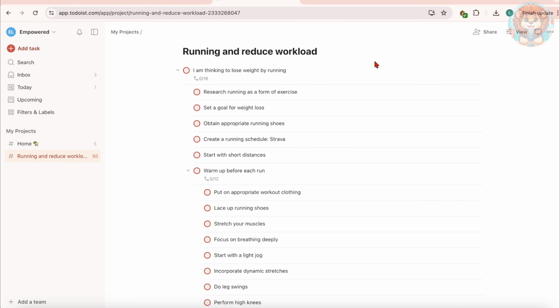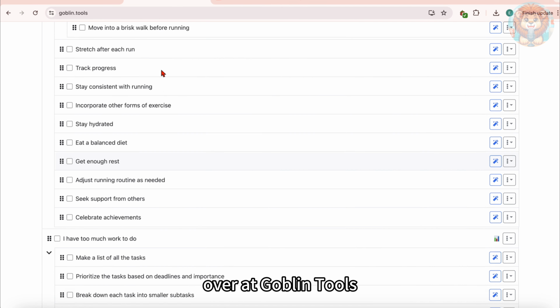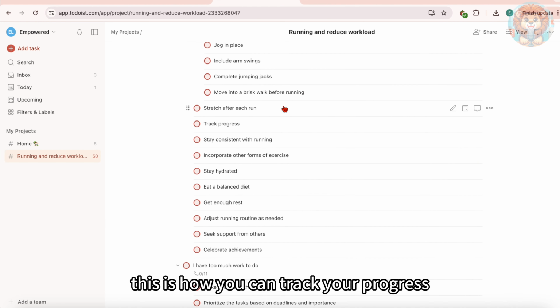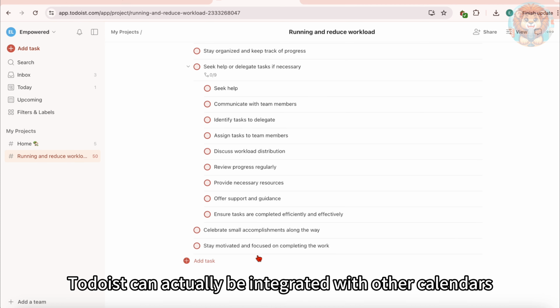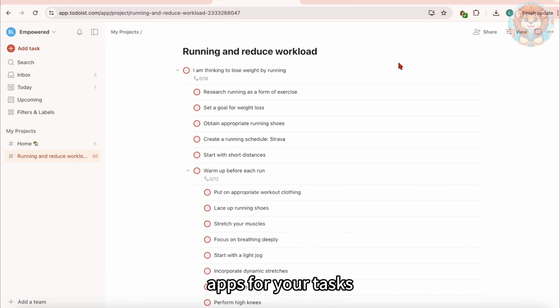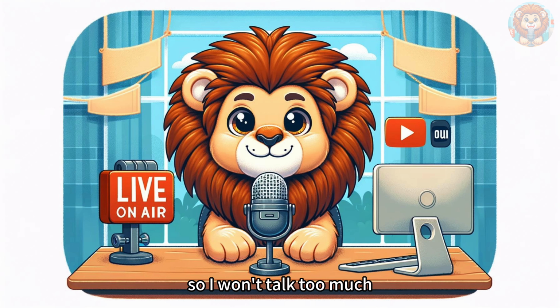There you go. This is the exact same list of tasks that you saw over at Goblin Tools, and it is now imported into Todoist. This is how you can track your progress. Todoist can actually be integrated with other calendars, so you don't need to keep track of different apps for your tasks. This video is focused on Goblin Tools, so I won't talk too much about how to integrate your Todoist